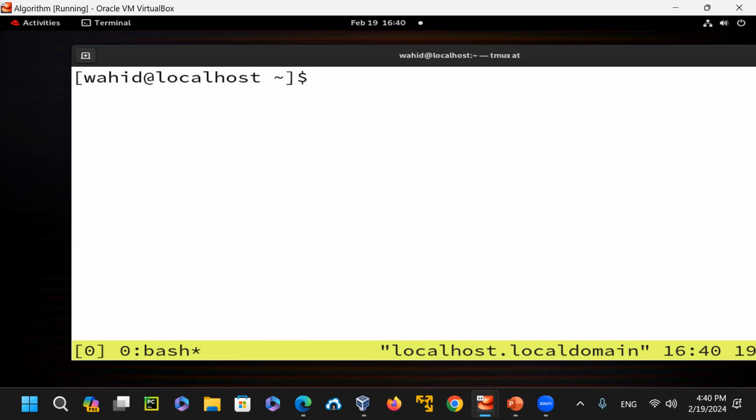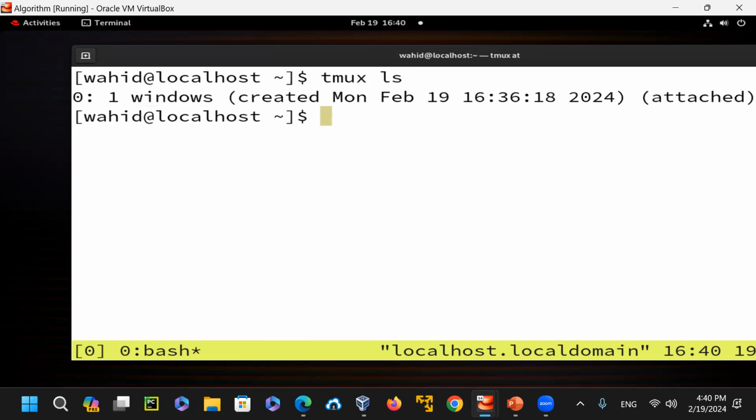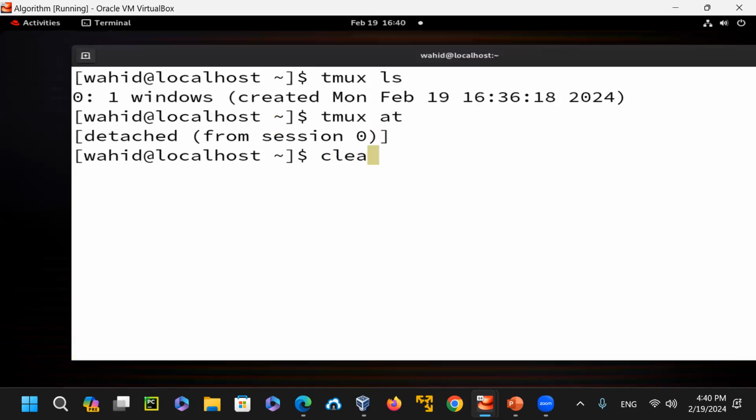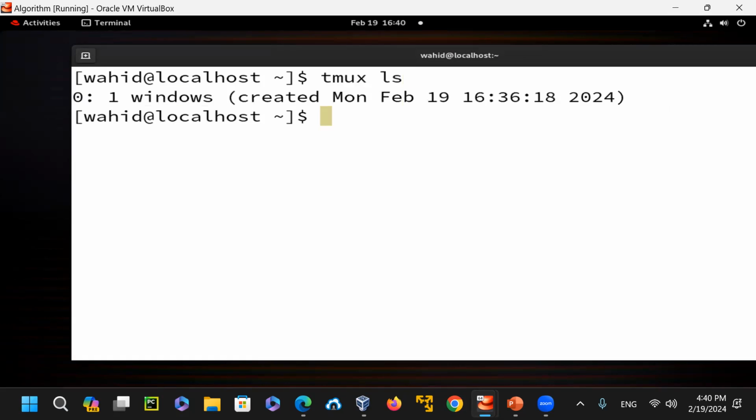Let's do that one. So here I say tmux ls. I am inside there, but I could do Control B and detach, and then say tmux ls. I have this session open. So let's do a couple of things here. This is my corporate account. Let's open one more session of tmux,